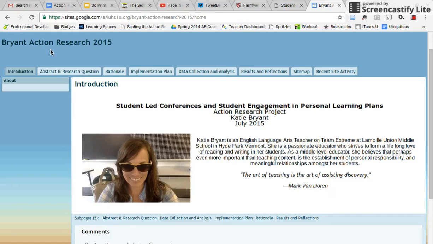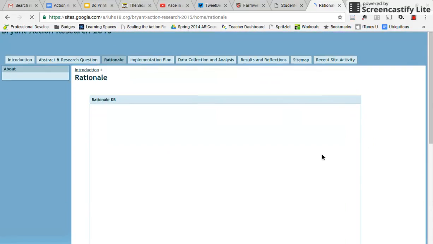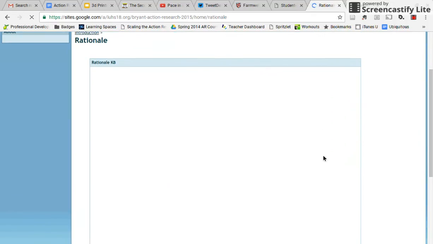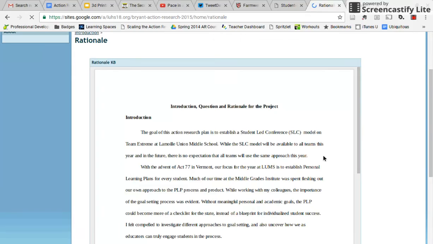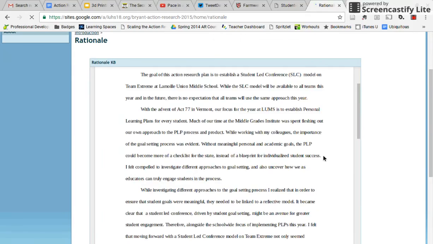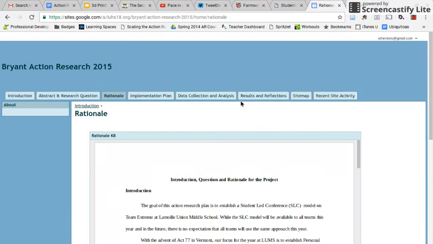So you'll see this Google site is what I was explaining, where she's keeping information about each step of the action research process. She shares her rationale with us about where she's going with this work. We embedded some Google Docs here so that as she was writing this rationale, I could be giving feedback, or any of the other professional development coordinators who are helping. You can click through and see how she's implemented the plan,